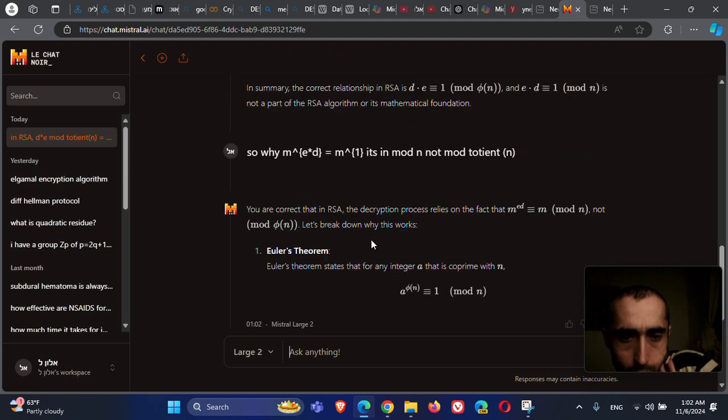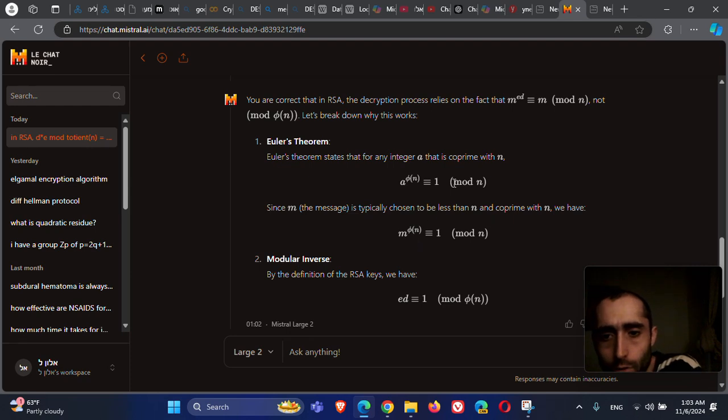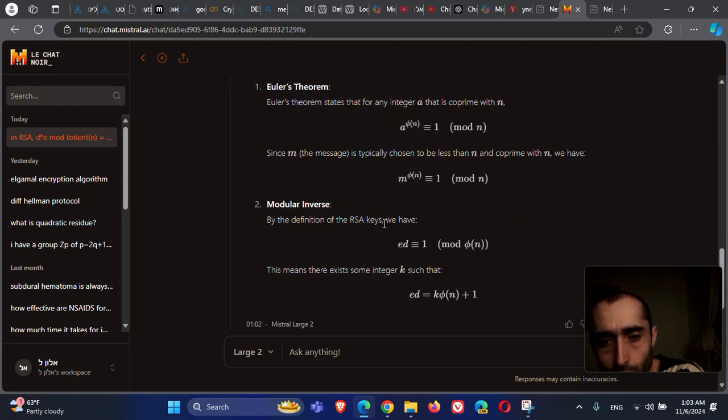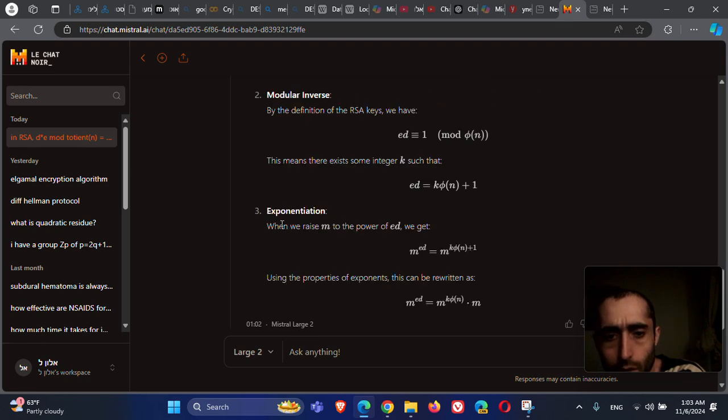Let's break down why. Euler's theorem states that for any integer a that is coprime with n, a to the power of totient of n equals 1. Since m, the message, is typically chosen to be less than n and coprime with n, we have this. By definition of the RSA key, this means that there exists some integer k such that, when we raise m to the power of ed, we get